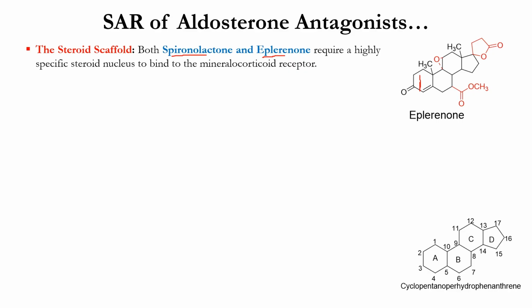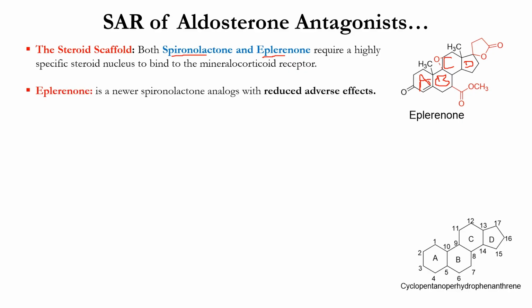This is ring A. This is ring B. This is ring C. And this is ring D. So they contain the steroidal skeleton, which helps the molecule to bind to the mineralocorticoid receptor, so they can antagonize aldosterone. When we see the drug, it is a newer spironolactone analog with reduced adverse effects. In the case of eplerenone, in addition to the lactone ring system and